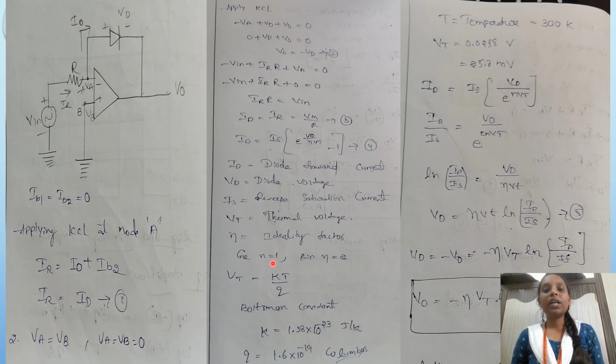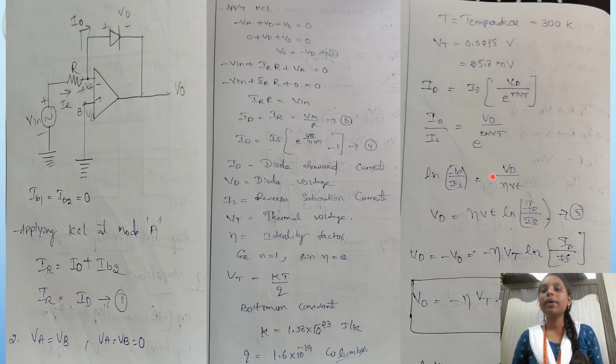Next, eta is between 1 and 2. We take the charge q as 1.6 times 10 to the power minus 19 coulombs. The temperature is 300 kelvin. Then Vt equals 25.8 millivolts. ID equals Is times the exponential term, so we can write ID by Is equals this, and applying the logarithm to the exponential part,